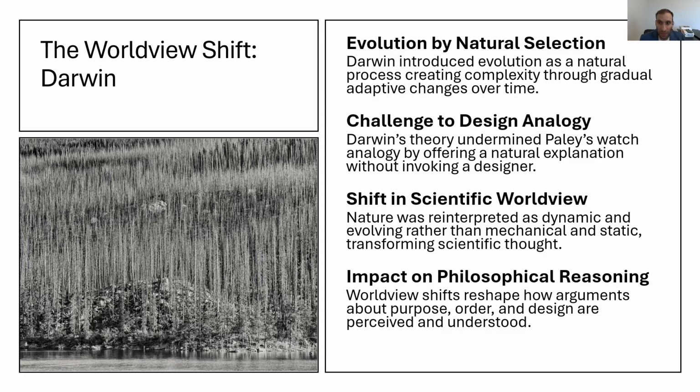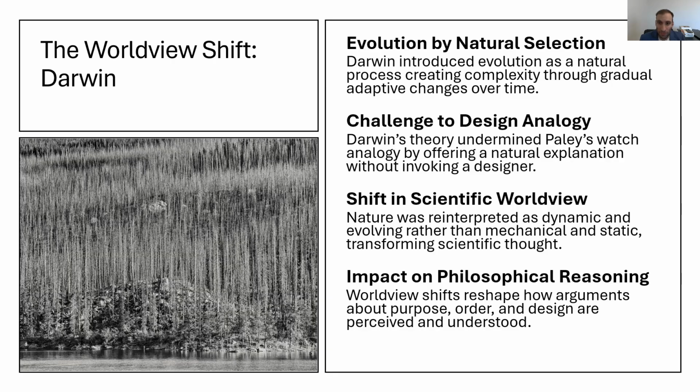But new strands of thought in politics and science completely changed the way people saw the world. We call this a paradigm shift, a complete shift in worldview. We see this most clearly in science. Charles Darwin is the scientist who came up with the theory of evolution. He offered scientific evidence for the view that the world is not a machine. Rather, the world is something that constantly changes for the sake of preserving life. To use Darwin's language, different organisms struggle to preserve their existence as a species.